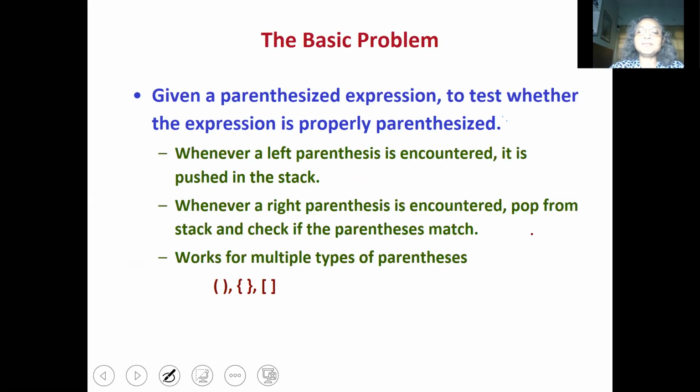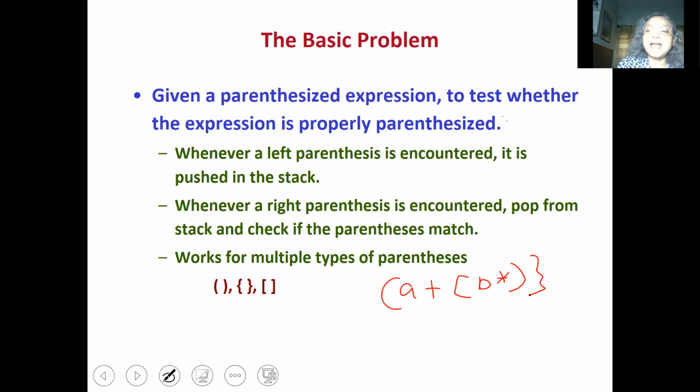So if you have an expression like A plus B into, this is not properly parenthesized. If an expression is properly parenthesized, every left parenthesis must have a corresponding right parenthesis.